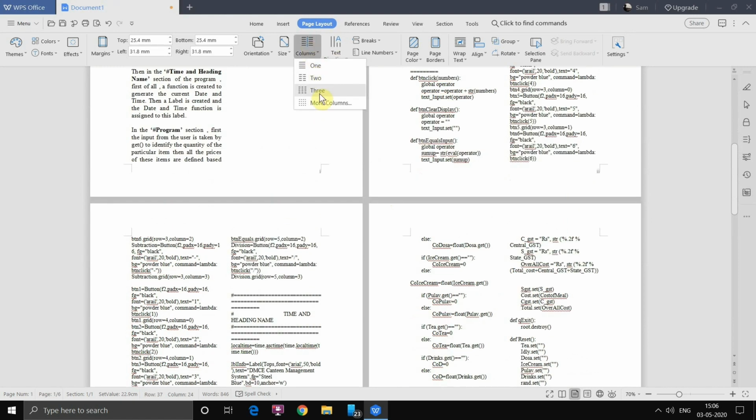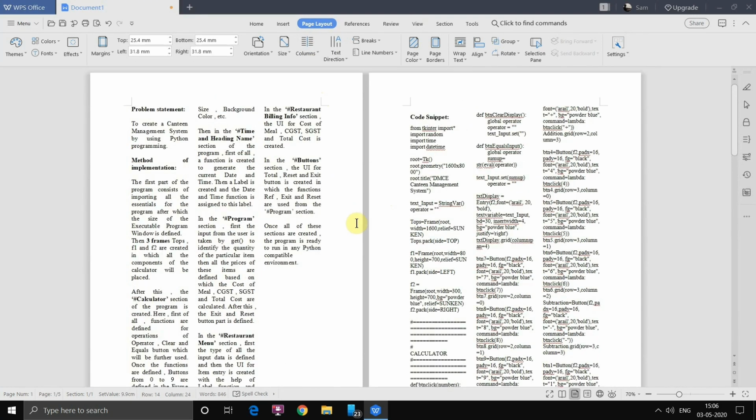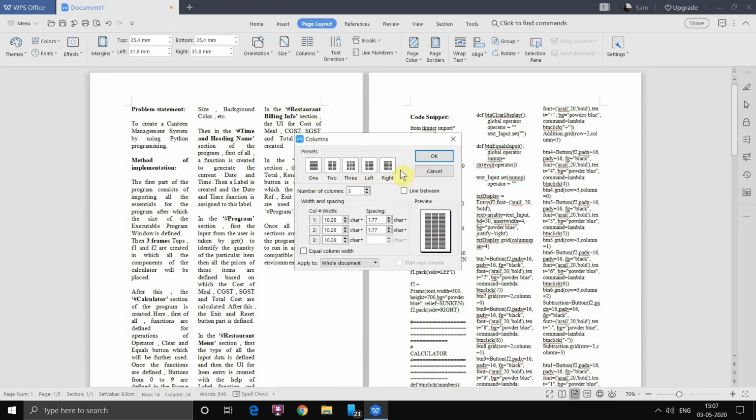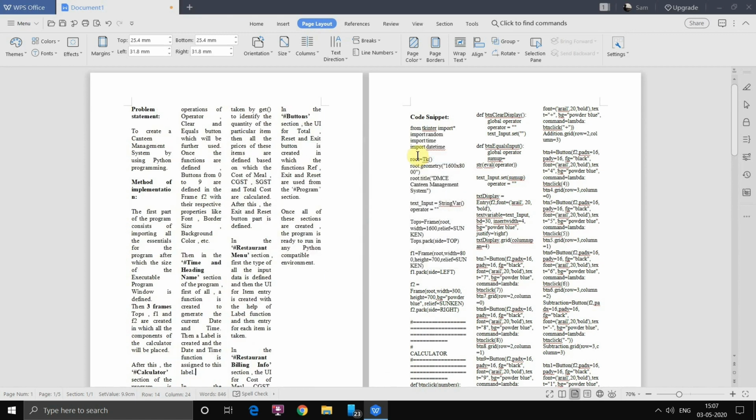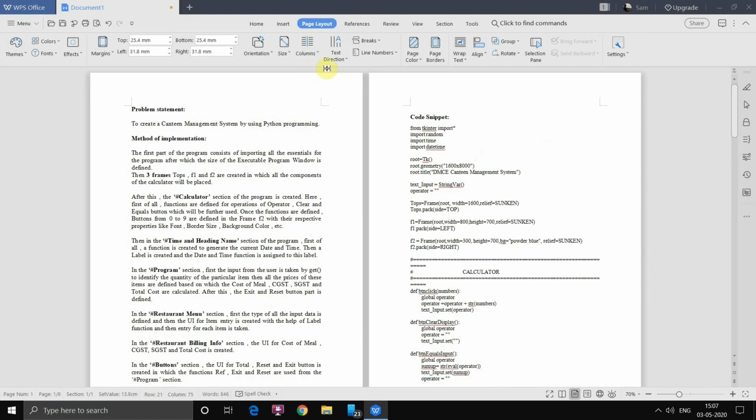Now if you click on three columns on every page, this is how most newspapers align all the text on the page. Get it? So you can even insert more columns. You can edit all this stuff and insert any number of columns. You can go for 4 columns, hit OK, 4 columns. Done. So this is how you can create columns in the text. Now for now we'll go to 1.